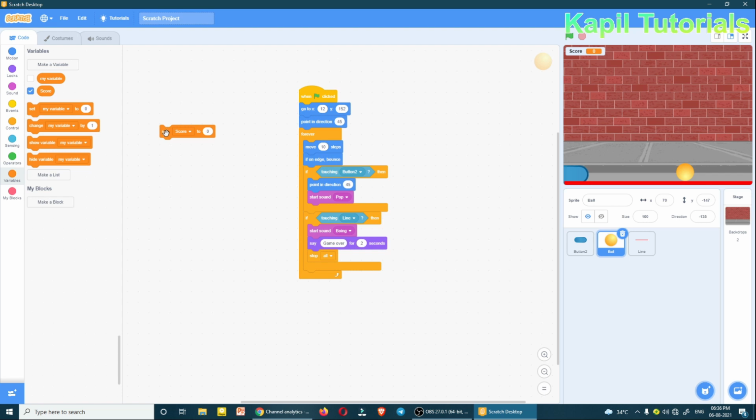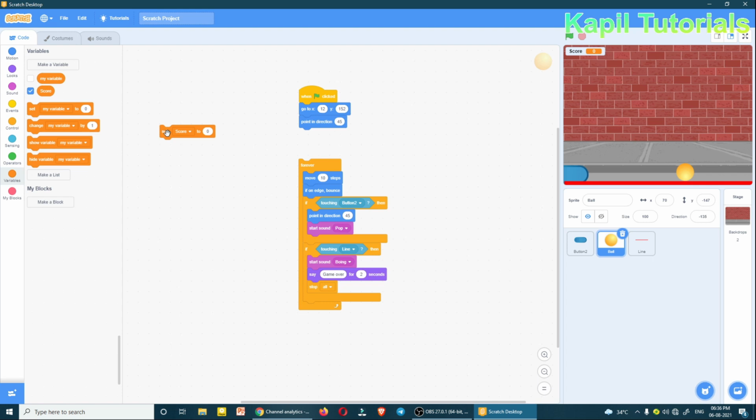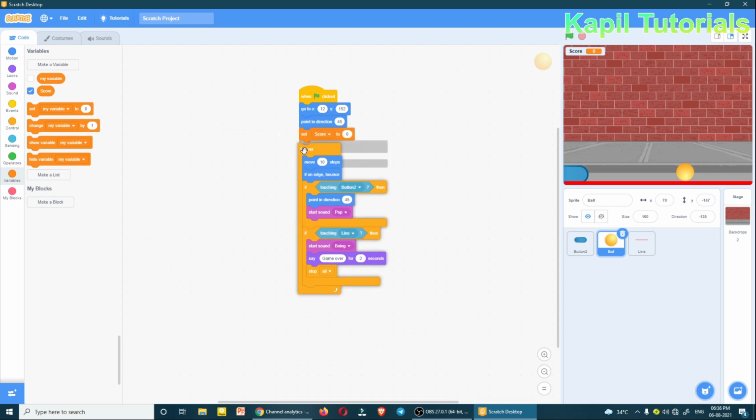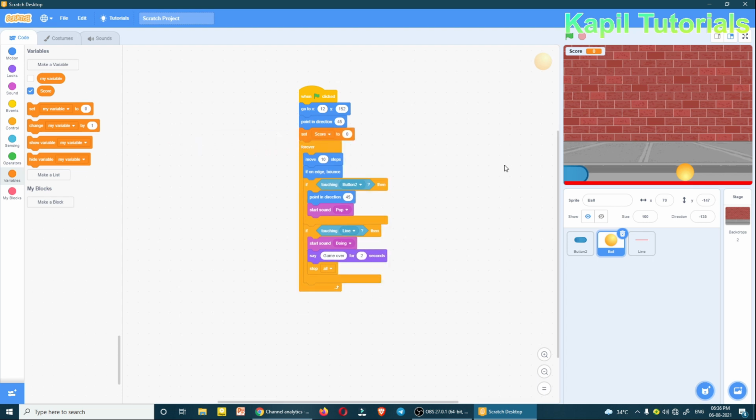So I'll put it here somewhere, here in the starting. Now whenever the ball touches the button, the score should increase.